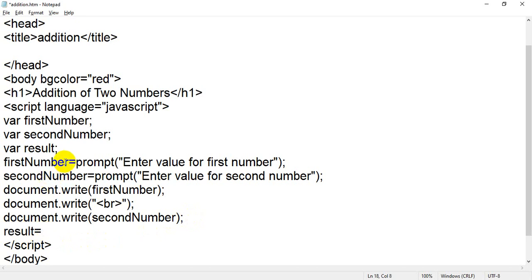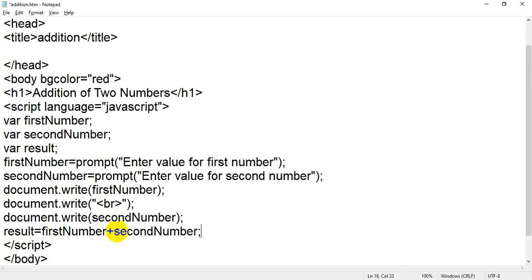Your first number is this variable you have used. So first number, Control C, Control V, plus sign, then your second number, this one, Control C and Control V.